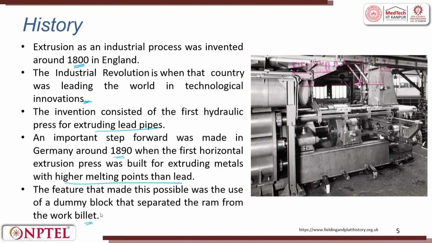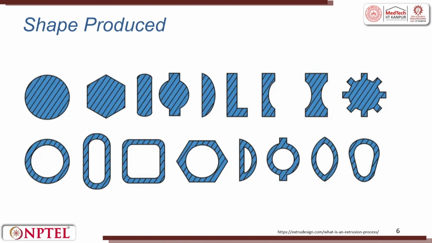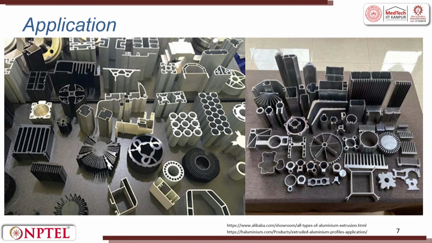Today it is a very stable process. Wonderful outputs are made and various shapes are made through extrusion. You can see from cylinder, hexagon, whatever it is, but it has to be the same geometry throughout. You can have a square, a cylinder, a hollow cylinder, a hexagon, a hollow hexagon, a gear; all these things are made by the extrusion process. You can even have L spacers for your requirements. These are almost all the parts made through extrusion. If you look at your computer, there are heat sinks, and these heat sinks are made by the extrusion process.